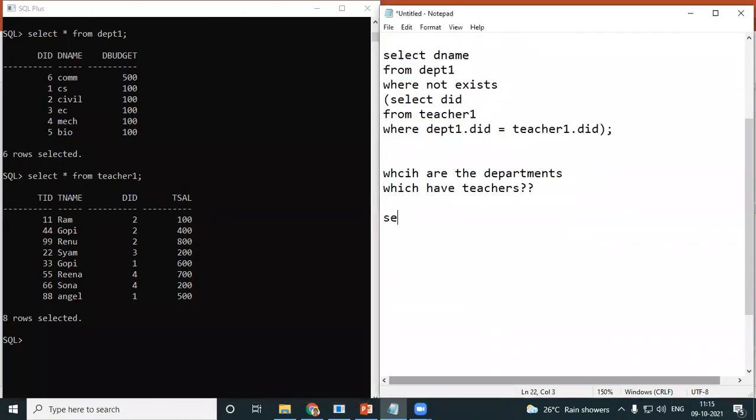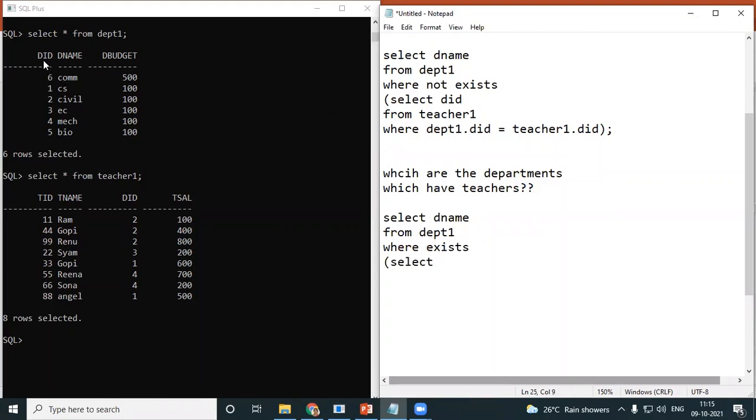I'll do it. Select, you just want the department name. So I give department name. From which table? From my department1 table, where you need to find out whether it is there or not. Not whether it is not there, whether it exists. So I'll give exists. Spelling should be correct. Which field do you need to do a comparison?